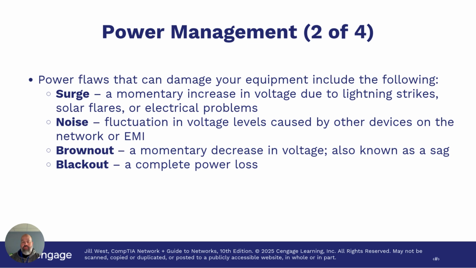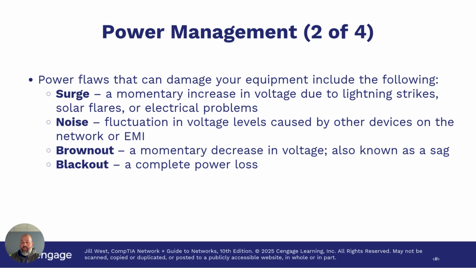Power flaws come in several varieties. A surge is a momentary voltage increase from lightning, solar flares, or electrical problems. It's kind of like a power punch to your equipment. Noise is voltage fluctuation from other devices, or EMI, which is the electrical equivalent of static on a